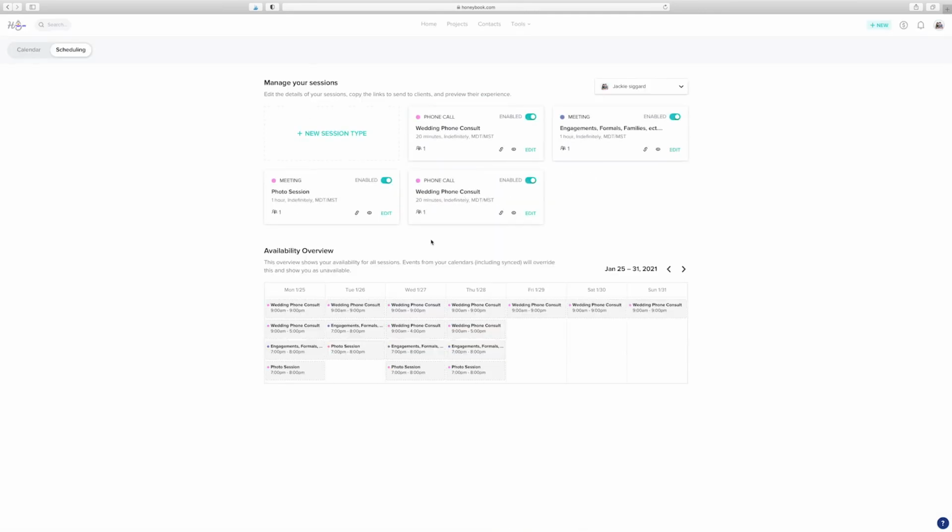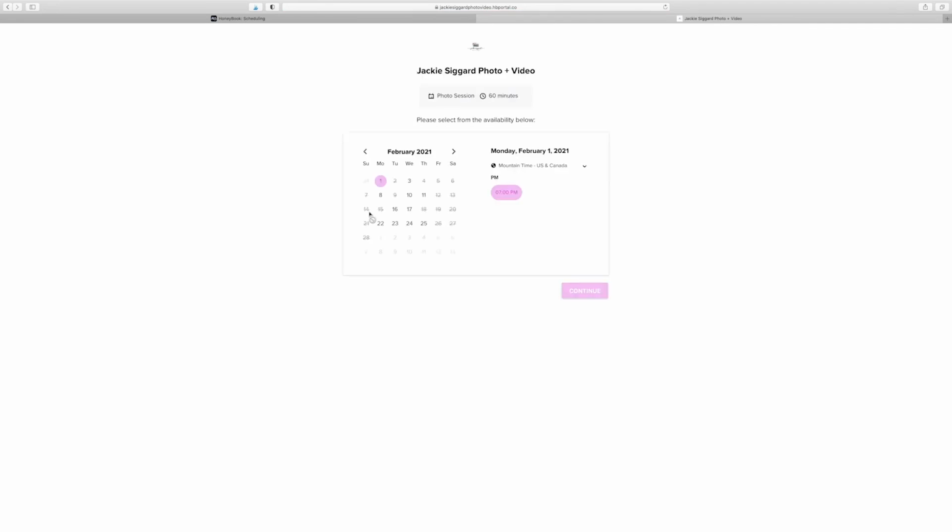And once that's done, I'm going to show you what it looks like from the client's end. So you're going to come over and you can just hit preview. And then it's going to pull this screen up. And so it kind of shows you what my availability is. So it's really nice. All these with the X's through them are blocked off. I'm not available. And since I made my availability only 7 to 8, 1 hour, there's only one time slot